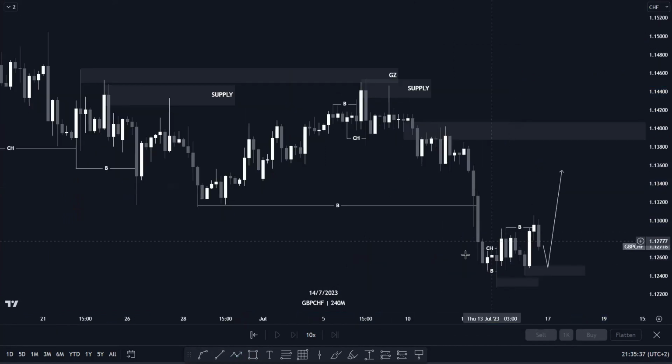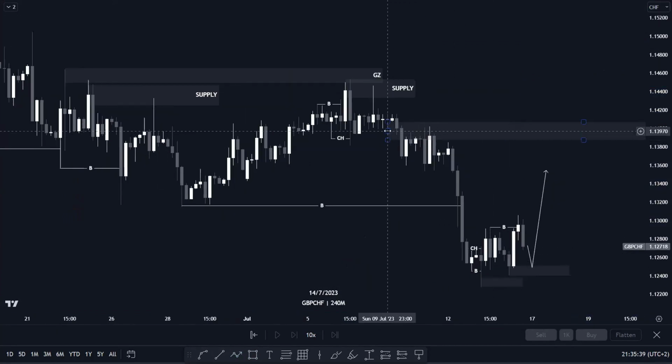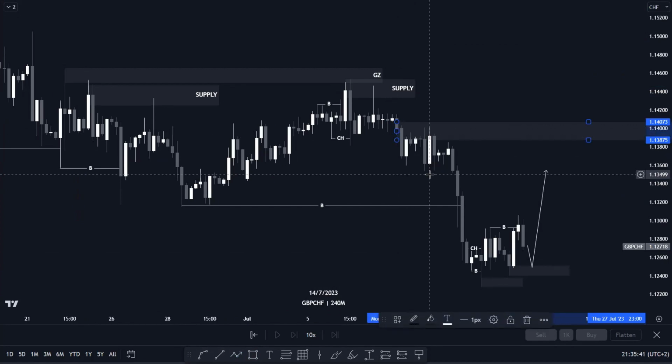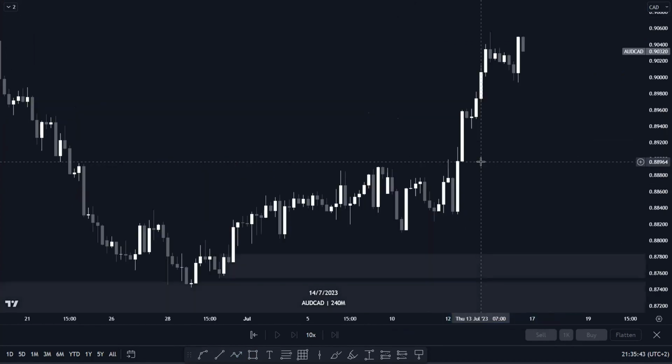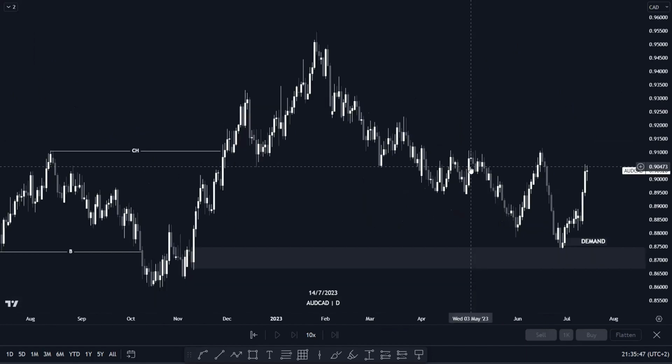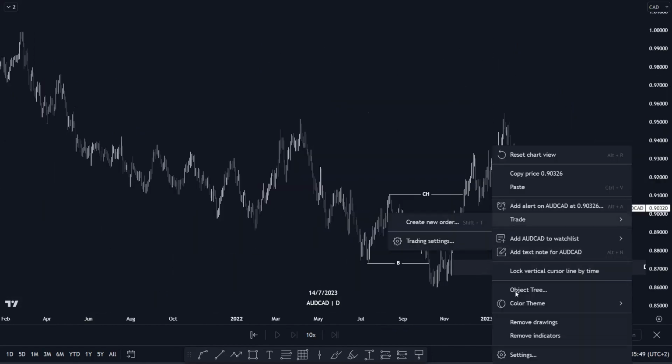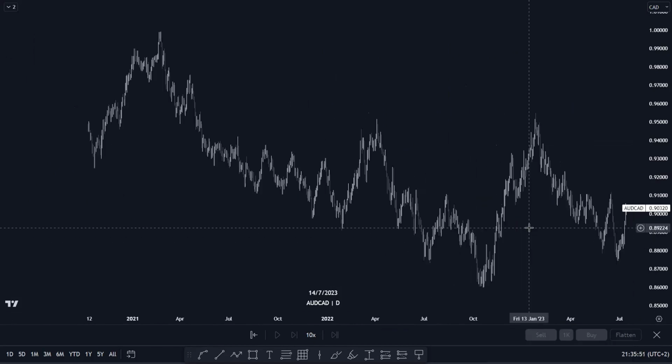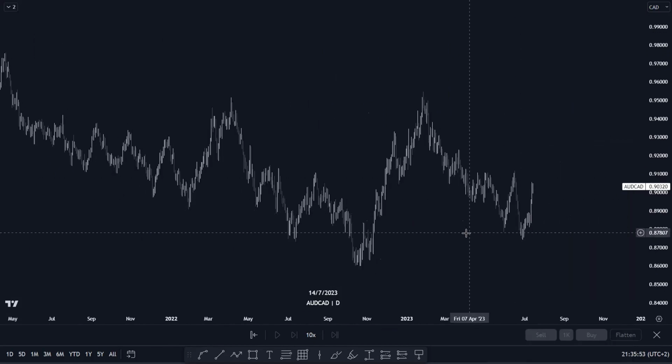Okay, and I think that's it for GBP CHF. Let's move on to AUD CAD. So for AUD CAD here, let me just remove everything. Okay, so AUD CAD